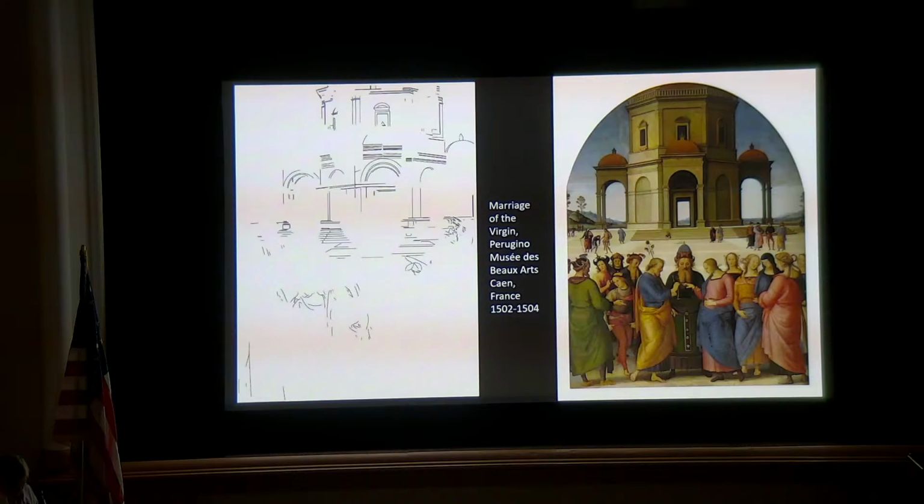Perugino had studios in both Florence and Perugia and died in 1523. The subject, painted in 1502 to 4, is the Marriage of the Virgin. It's known that Perugino reused cartoons for different versions of the same painting, and this is likely another case of